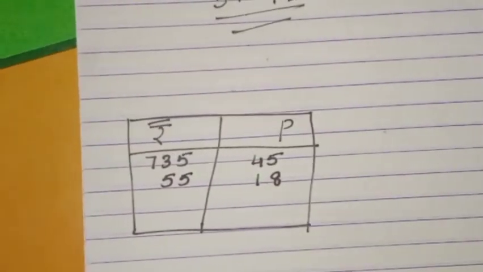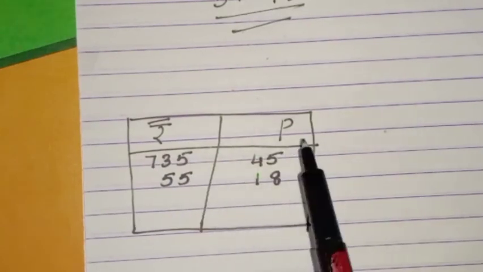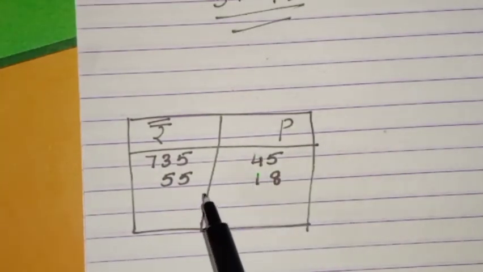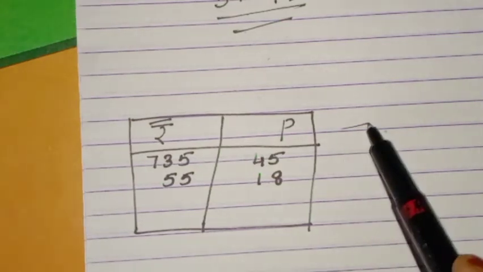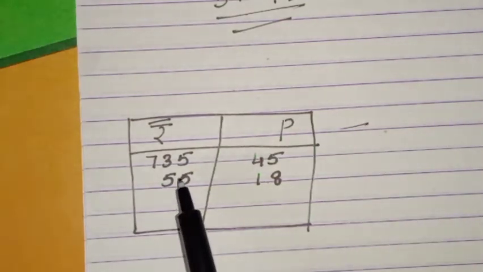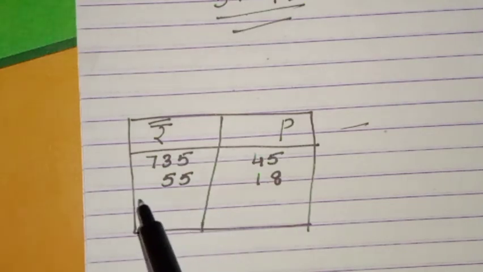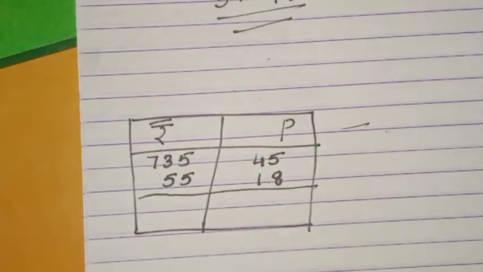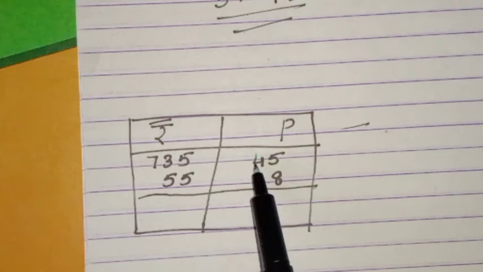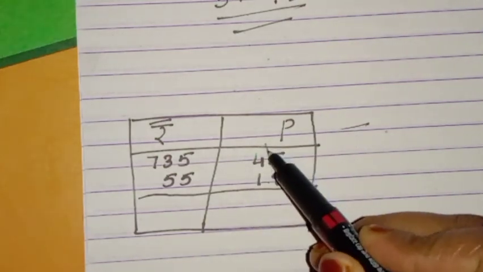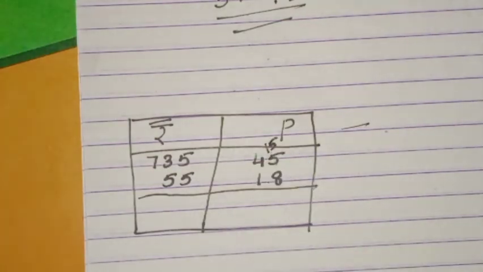Next we can subtract this one, that is rupees 735 and 45 paise minus rupees 55 and 18 paise. When you're writing, I told you if it is a 2-digit number, write according to the place value, that is 1's and 10's. Then you can subtract. We already studied, we can't subtract a bigger number from a smaller number. So here 5 minus 8, we can't subtract. What will you do? You take 1 from 4. So here will be 15.